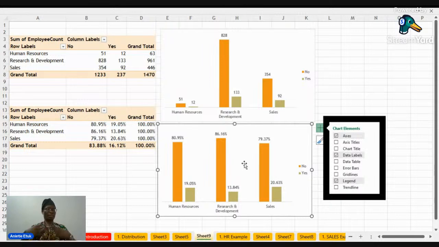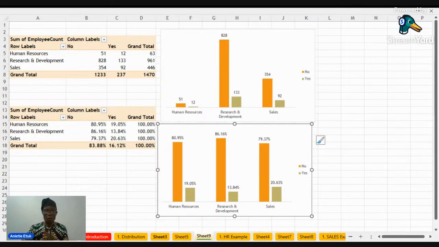Now, in analyzing and presenting this data to this business, the aim is to make them understand that going forward, the probability of people leaving the business is higher in the sales department. That is where they should pay more attention. That is where the attrition is actually happening. Okay, I hope we understand that.